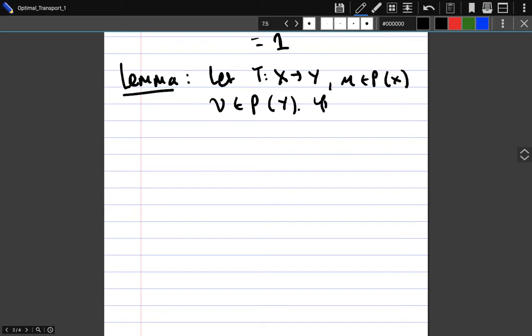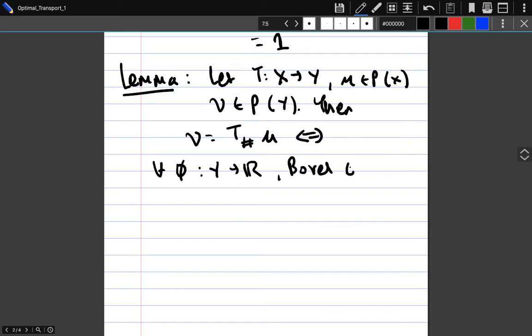Then there's a criterion that allows us to check that nu is indeed a push forward measure. And this criterion is pretty simple. So nu is a push forward measure of mu if and only if for any phi that goes from y to R, so any such map, which is of course Borel and bounded, so it's measurable and bounded, we have